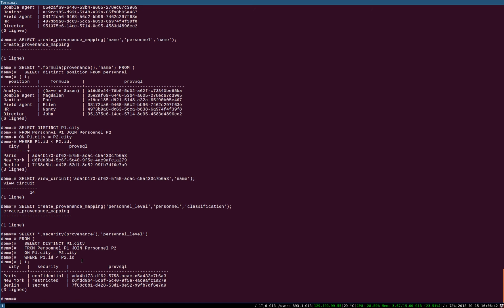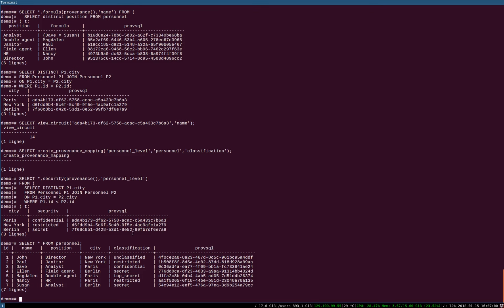So the clearance level for Paris, for instance, so we are using the security UDF for this. The clearance level for Paris is confidential,